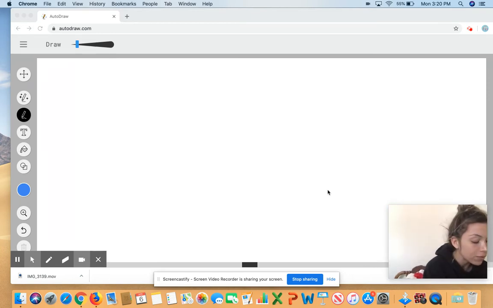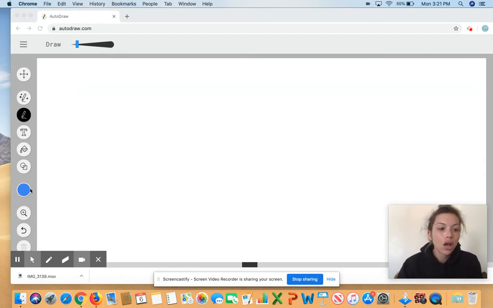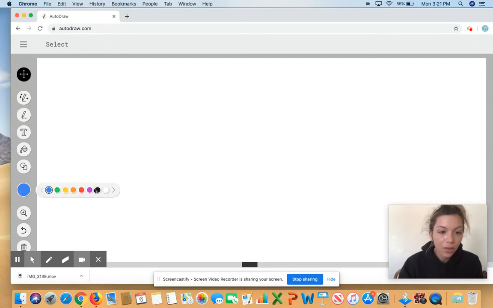I'm pulling up my reference photo of Claude Monet's water lily pond. We talked about how he built this little bridge over his pond. So we're going to start out by drawing that. And yeah, let's get started. So I am going to pick my color. I think I'm just going to start out with black for the outline,